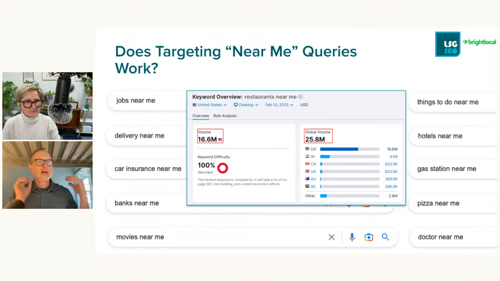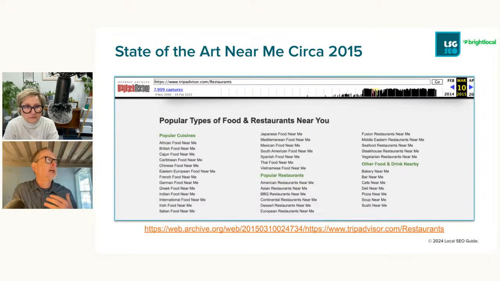We've all seen the incredible rise in near me queries, mostly because Google, Apple, anyone with a search engine is forcing you into these results, because they always show up as the first suggestion whenever the search engine thinks you're doing a local search. Like pizza, it'll say pizza near me. So it may not be that people are even searching that way. It's just the search engines forcing them, and that's creating a lot more searches. So there's a big opportunity if you can figure out how to target these queries.